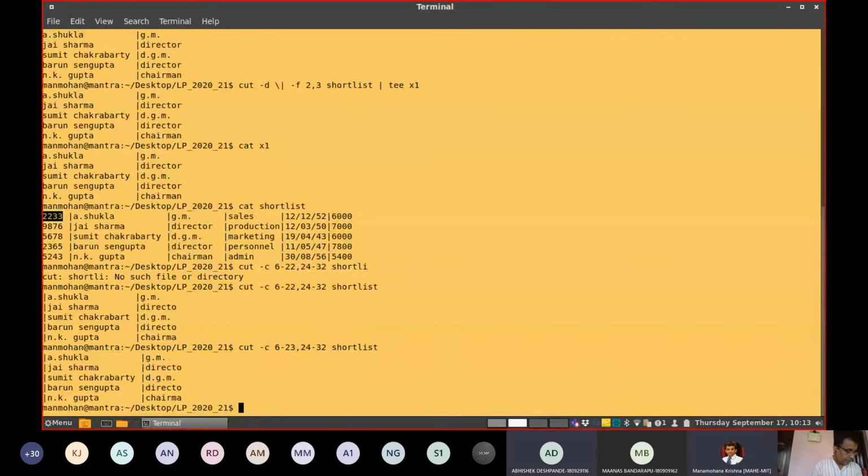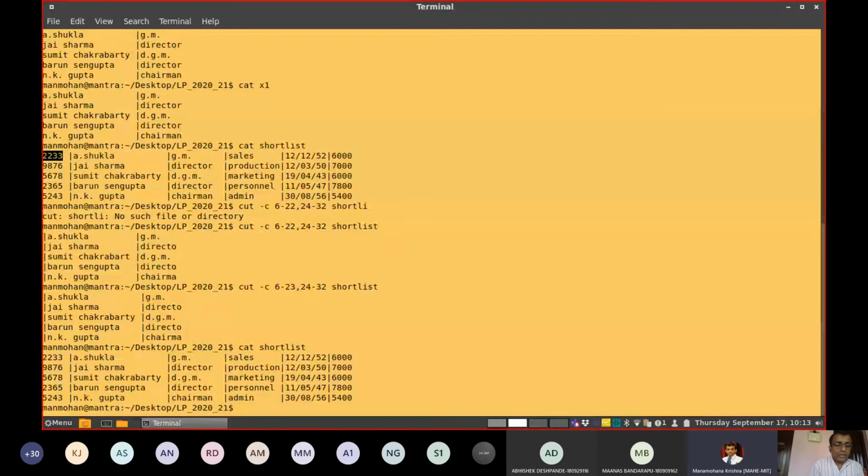Sir, is the space counted as a column? Yeah, space is also a column. When I say column numbers in each line, we assume that in the original file all these are fixed width, but the actual content may be small.